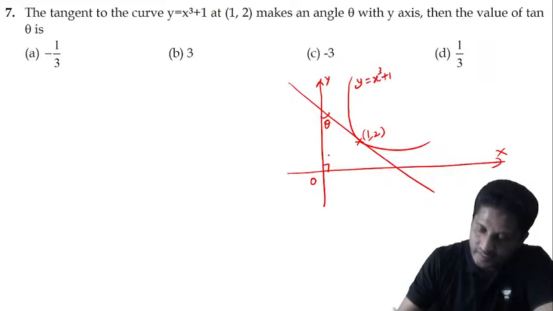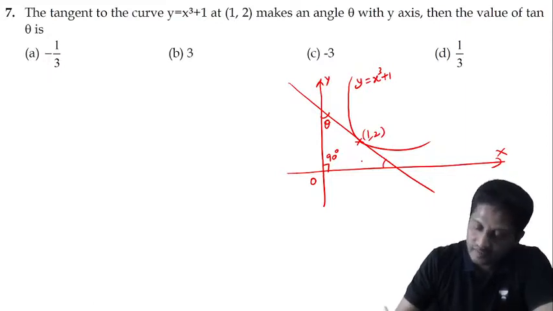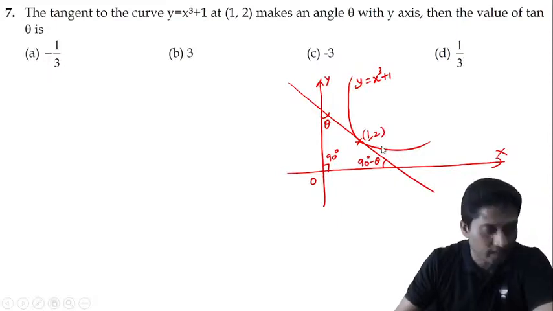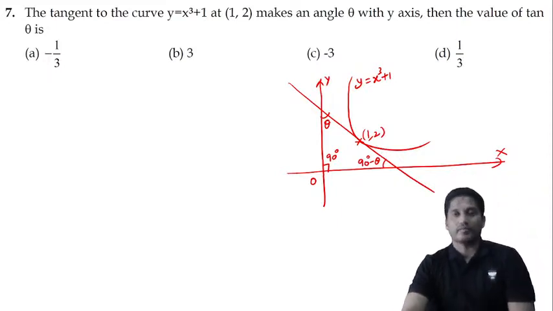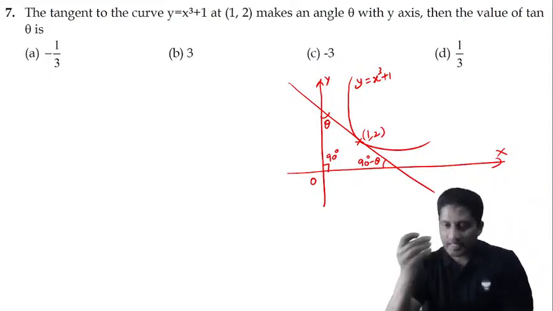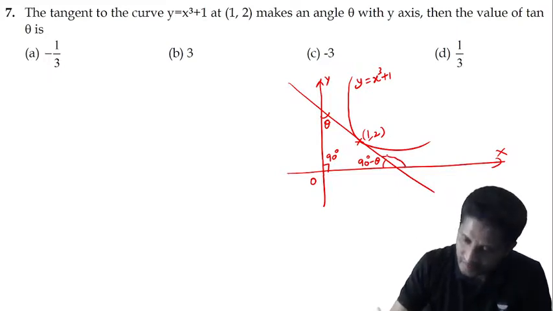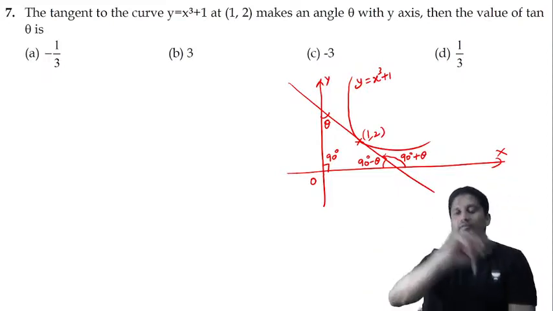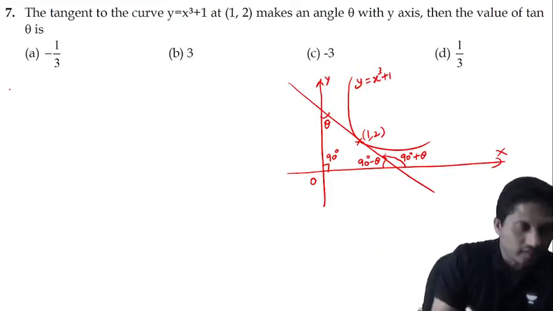This is x, this is theta. Obviously this is 90 degrees, pi by 2. Now the sum of all the angles of a triangle should be 180 degrees. So this is 90, this is 90 minus theta, and this fellow should be equal to 90 plus theta, slope taken in the anti-clockwise direction. Now if I take the slope of the curve,